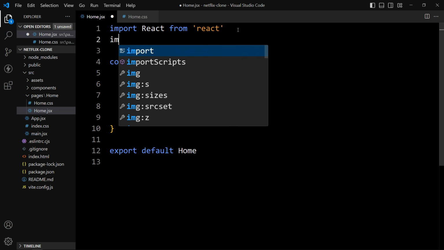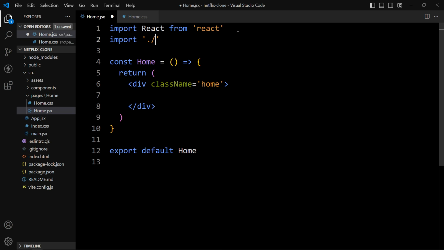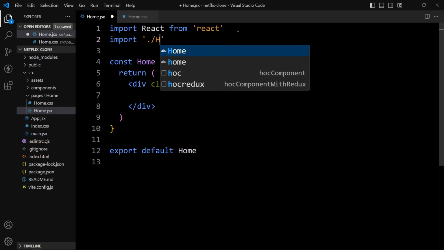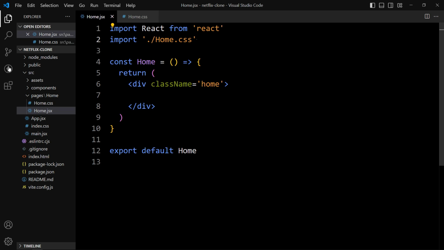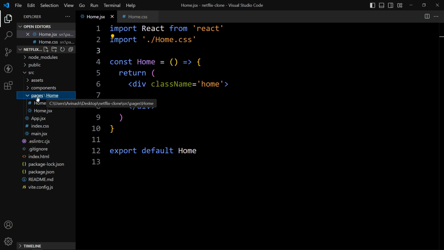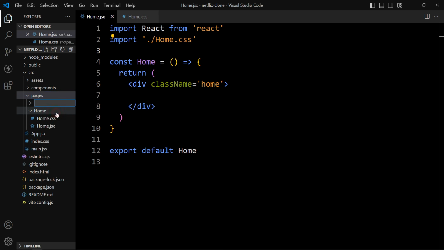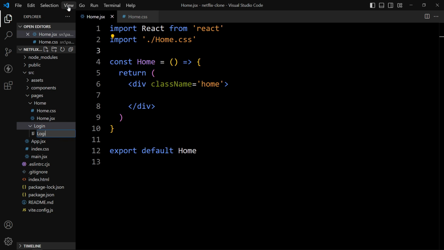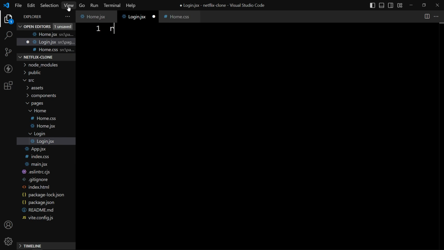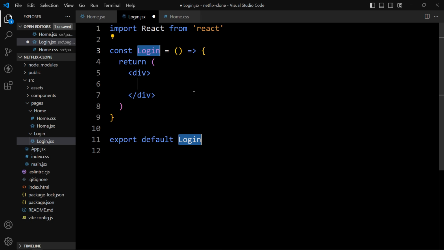So just add import ./home.css. After that we will create a new folder in this pages folder that will be login, and in this login folder we will create file login.jsx, then RAFCE, then a class name that is login.